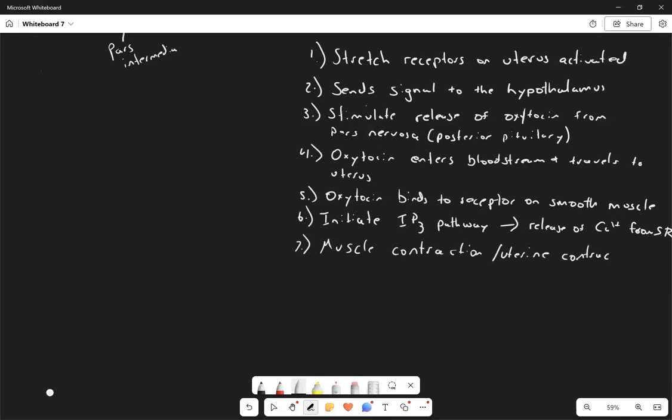So when the uterus contracts, that is going to then have more signals that send the signal